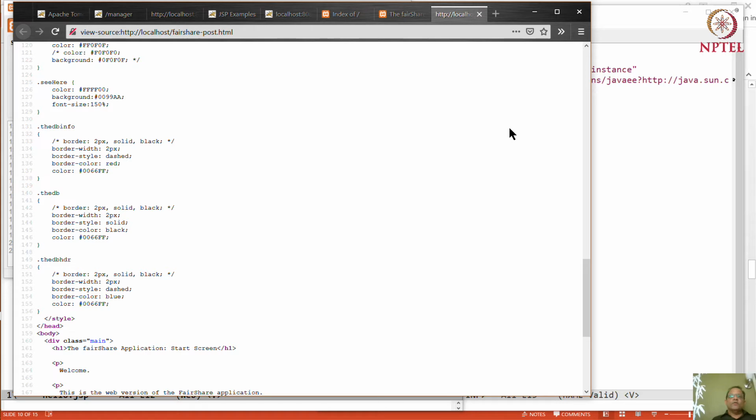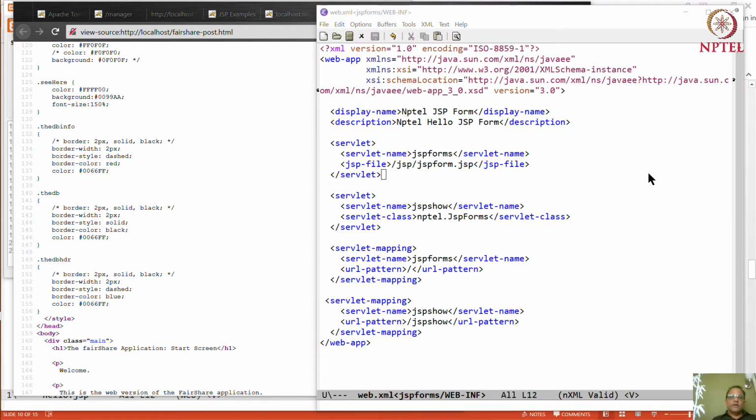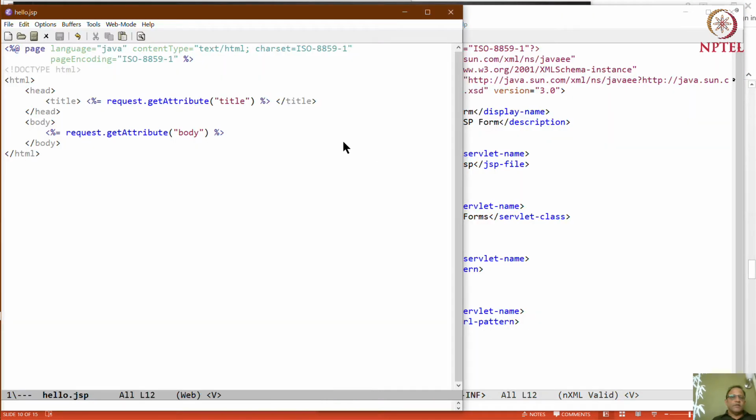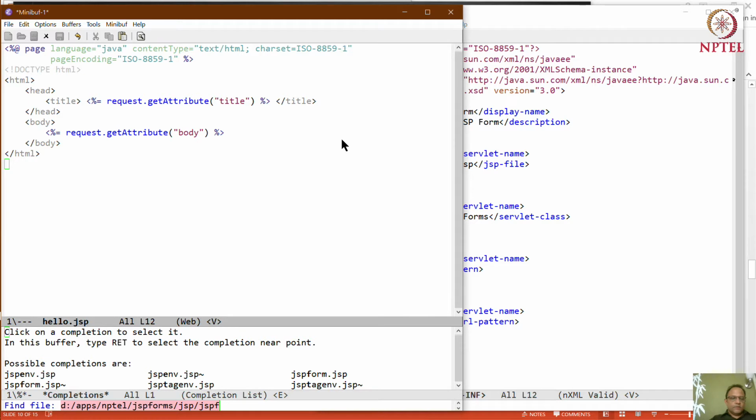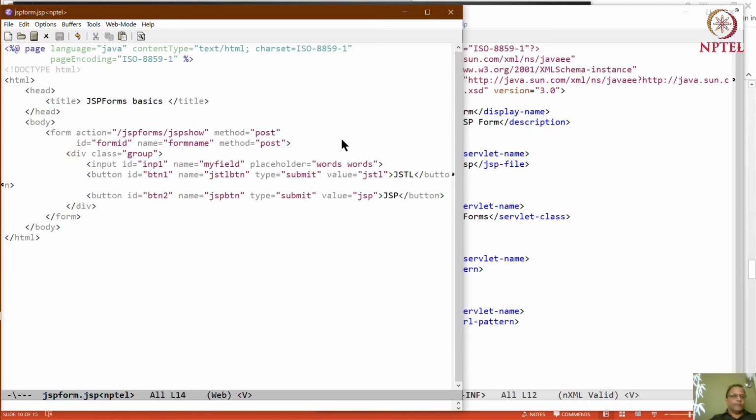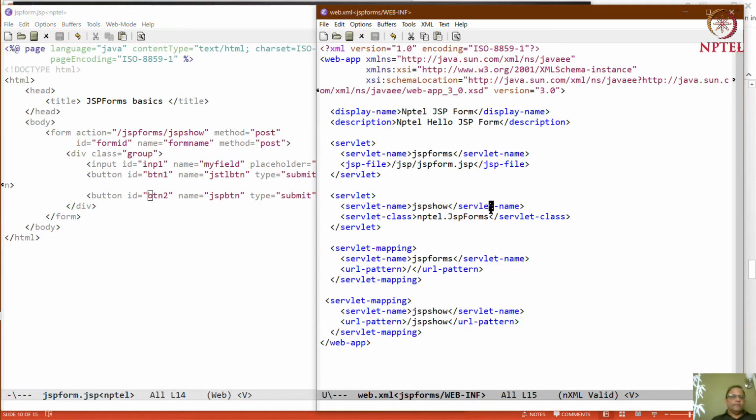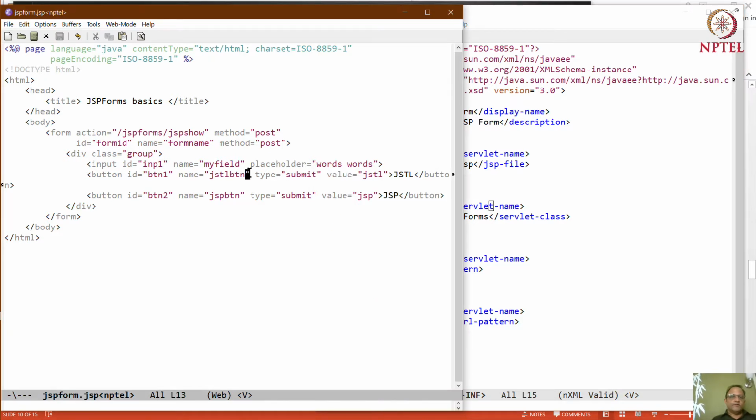This is similar to what is going on in this case, which is we will visit a JSP page. In this case, the page we visit will be JSP forms, JSP form. Okay, so this is the web page which we are going to visit.